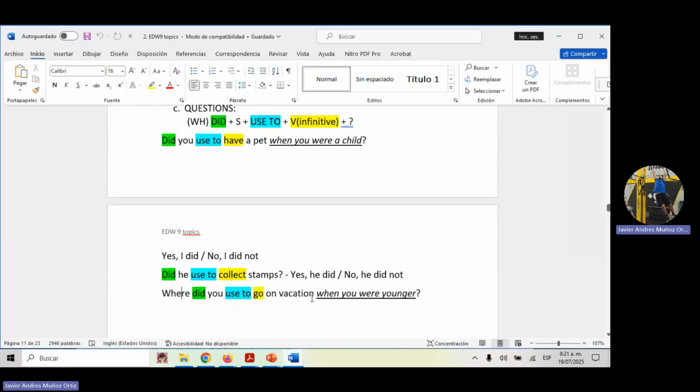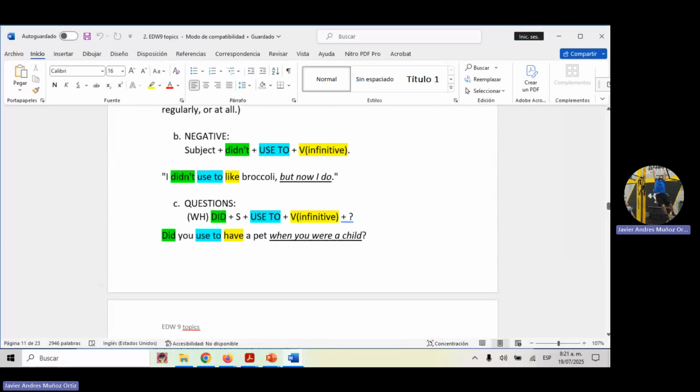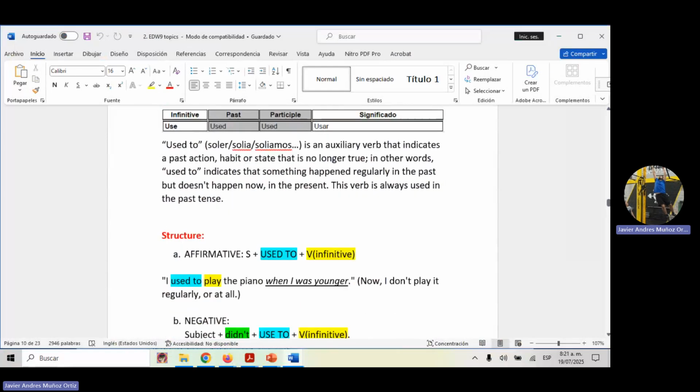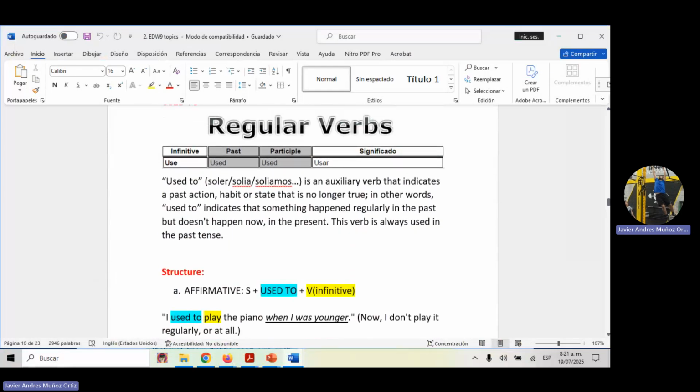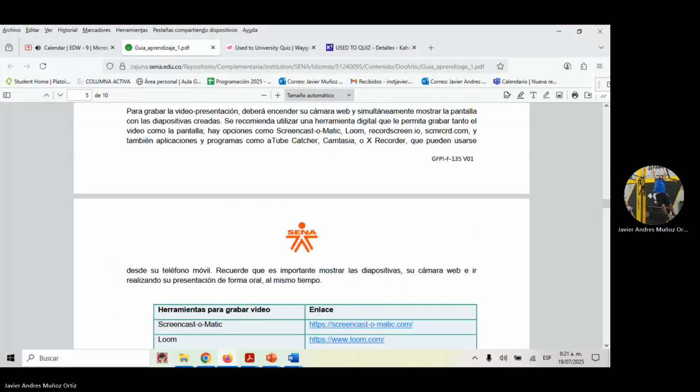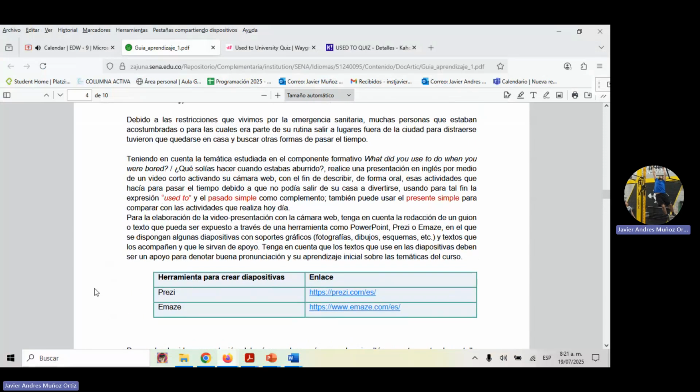Where did you used to go on vacation when you were younger, when you were 15 years old, when you were in your 20s, right? Something that's not true anymore. So this is how we use this specific verb, ¿vale? And this is perfect to mention, according to the learning guide. This is perfect to mention